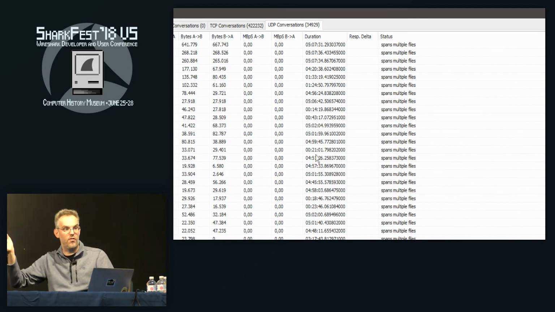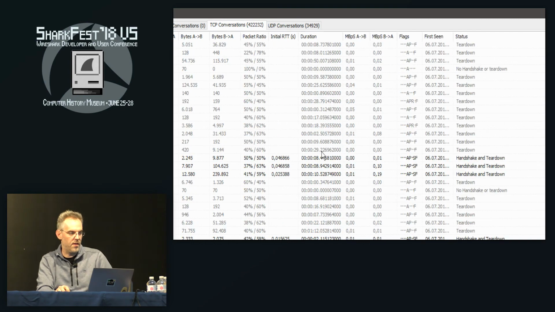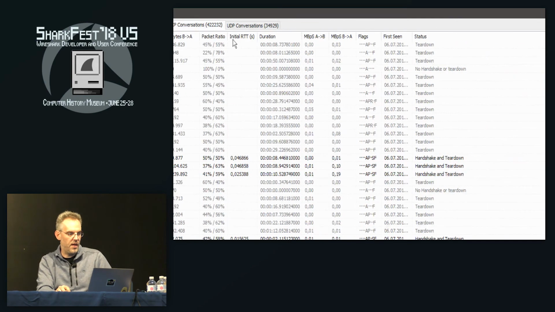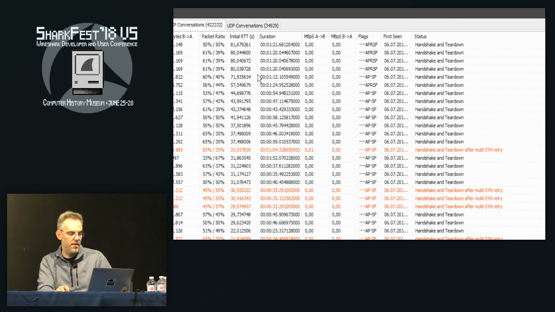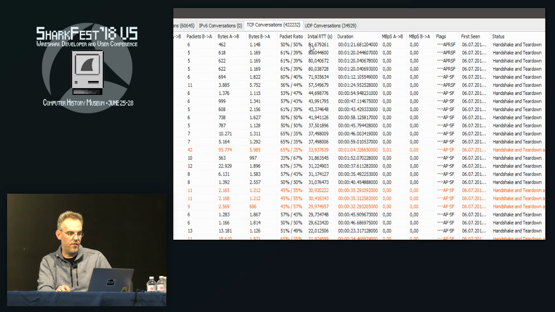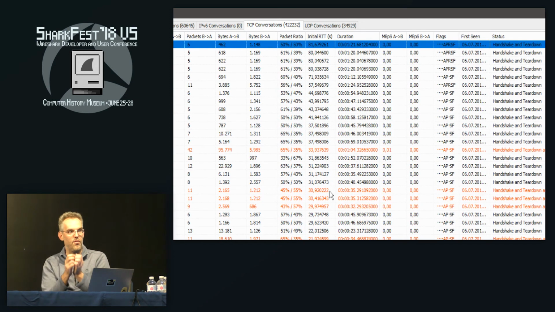Right now, I don't store that setting, but it will do that in the future. Now, the most important thing probably is TCP conversations. Once again, I have the initial round trip time, so you can do interesting stuff like sort by initial round trip time. And you can see here, there's a conversation that has an initial round trip time. So the TCP handshake took 81 seconds. That is